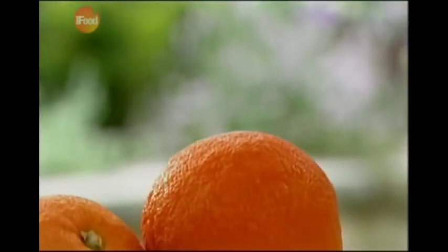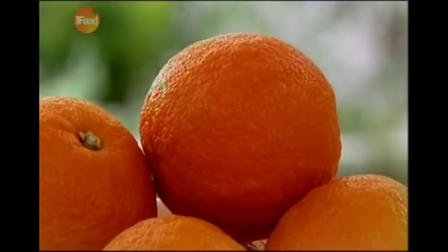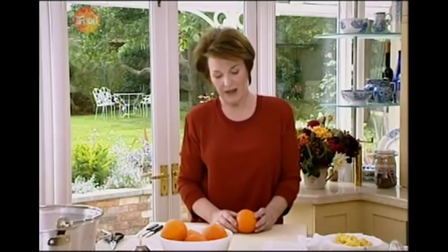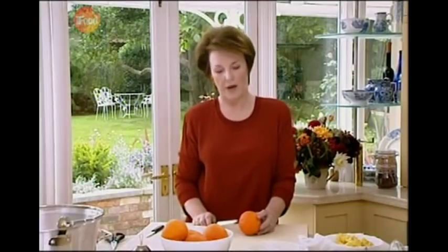But we're going to kick off today with the greatest preserve that's ever been invented in the whole wide world. That is good old-fashioned British marmalade. I've got £2 of Seville oranges here, and that, believe it or not, is going to make 6 £1 jars of marmalade. And what you do is settle yourself down, switch the radio on, and just dream away whilst you